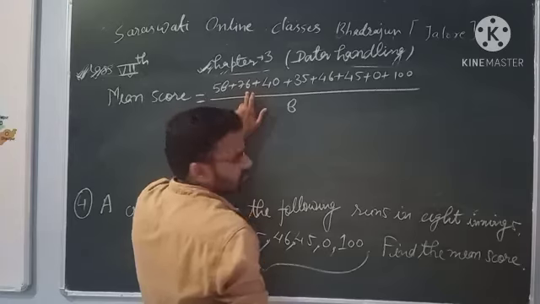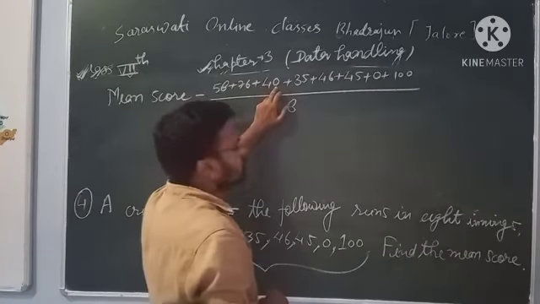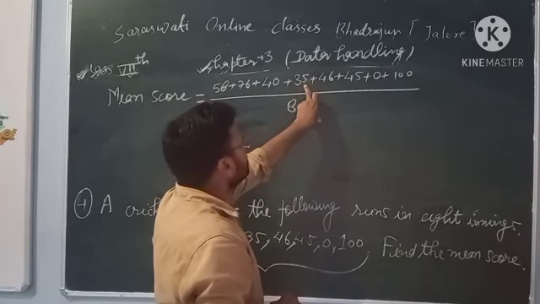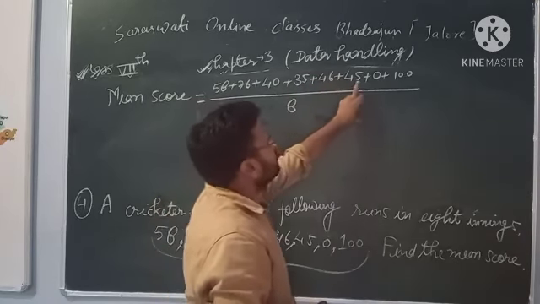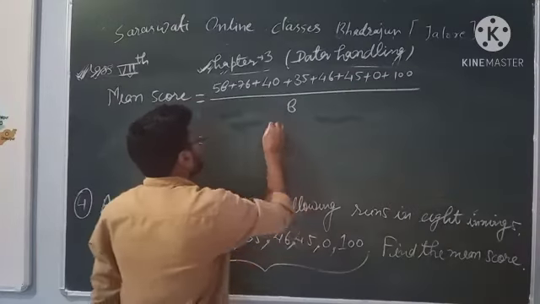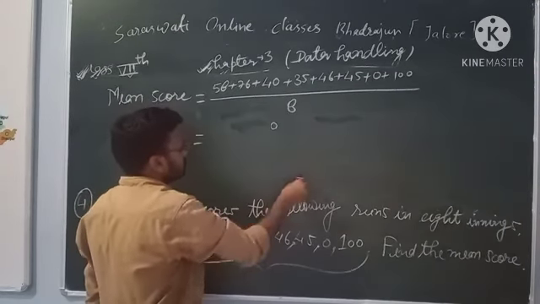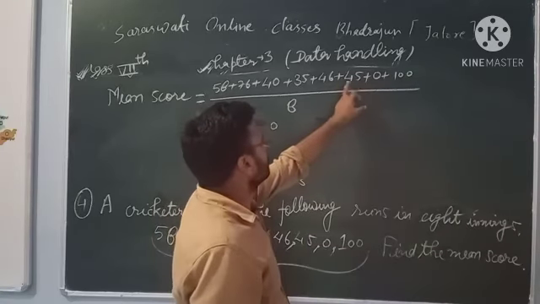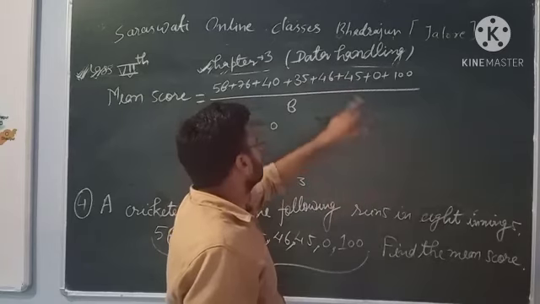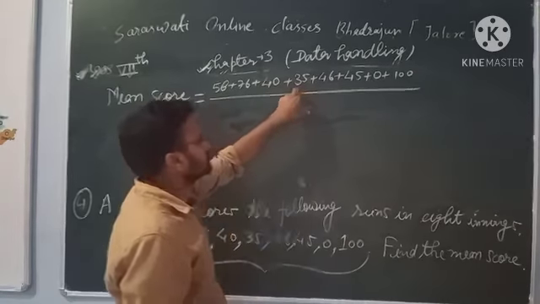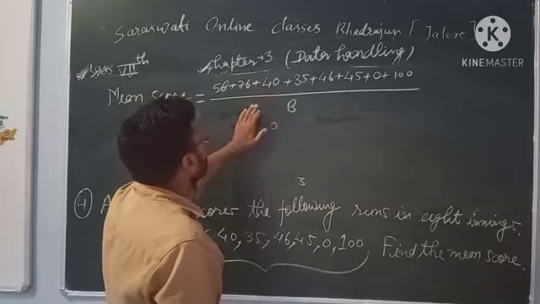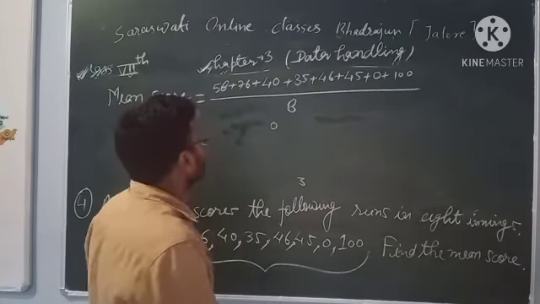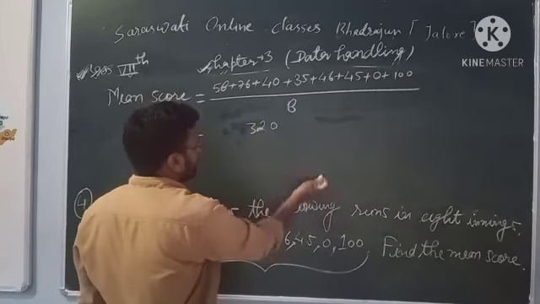8 plus 6 is 14. 14 plus 5 is 19. 19 plus 6 is 25. 25 plus 5 is 30. 30, 0 is there and 3 carry. 3 plus 4 is 7. 7 plus 4 is 13. 13 plus 3 is 16. 16 plus 4 is 20. 20 plus 7 is 27. 27 plus 5 is 32. This is 320 divided by 8.